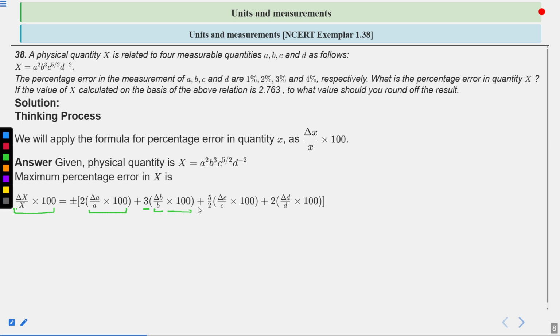Similarly, C raised to the power 5 by 2, so the power comes outside and the remaining term is C. So C in terms of percentage error is delta C divided by C into 100